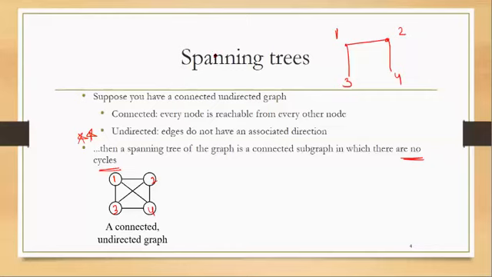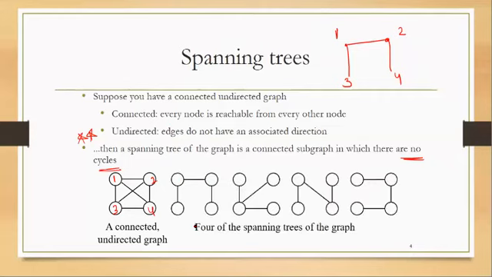One more thing is that we can have multiple spanning trees of one single graph. Let us see the different spanning trees of this graph. These are 4 of the spanning trees of the graph. I have drawn the first one. For the second one, I am taking the vertices 1, 2, 3, 4 and joining them with any 3 edges. Similarly, the rest of the 2 graphs. So another way to create a spanning tree is to take all the vertices of your graph and join them with any vertex.